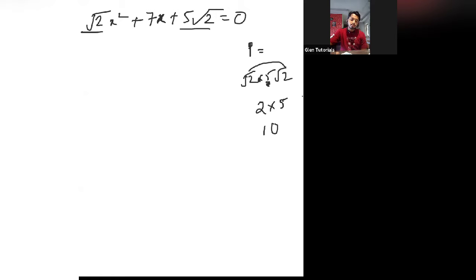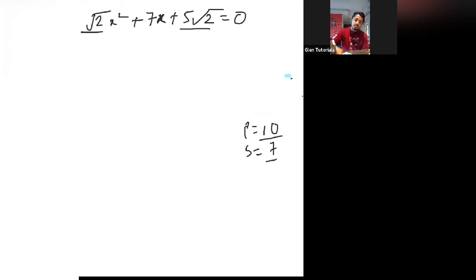Now product is 10 and sum is 7. Okay, so we have to think of two numbers which when we multiply, we'll get 10, and which when we add or subtract, we'll get 7. Can anyone tell me those two numbers? Can you put it in the chat box and tell me those two numbers? What are those two numbers? Multiply, we'll get 10. Superb, Swarm. 5 and 2. Very good, Abhishai also. But Abhishai wrote 52. Okay, there is a gap.